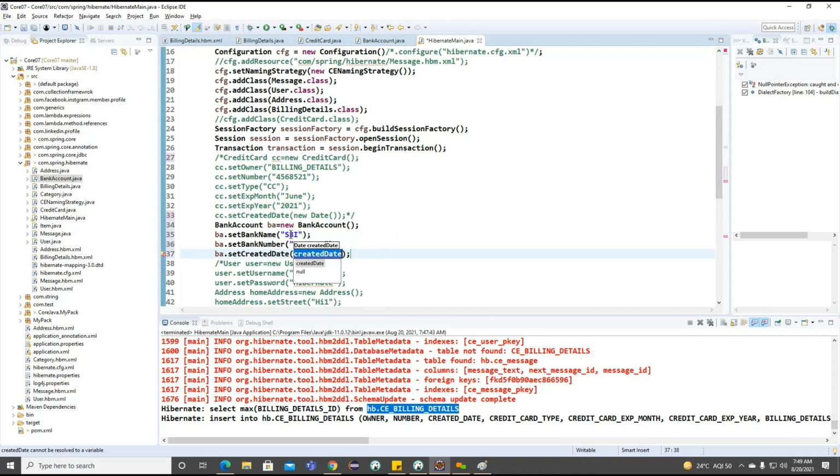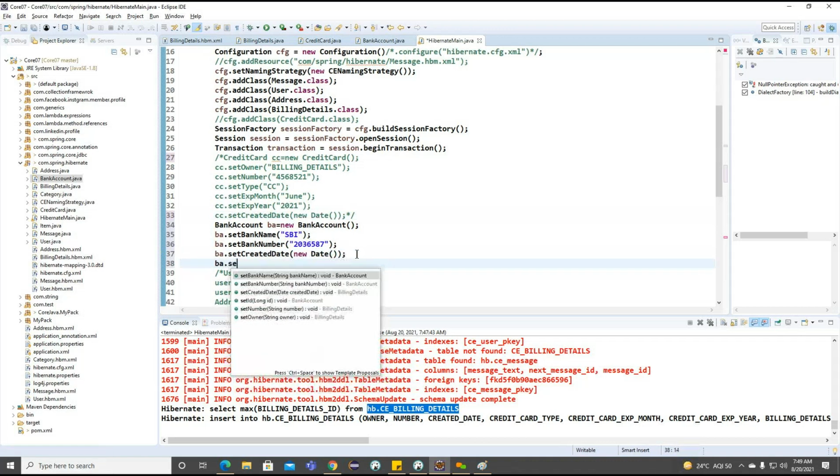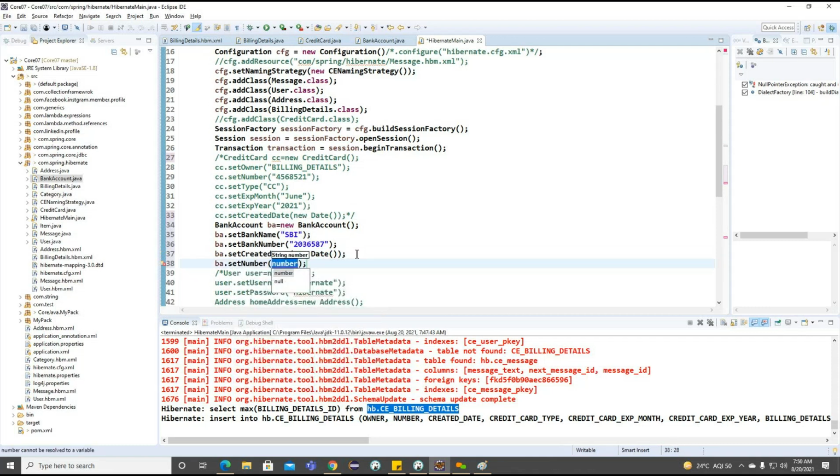And the created date here, we can go for today's date here. And ID we are not going to provide such a number. So this is particularly the billing details number here. Something I want to give, a random number.